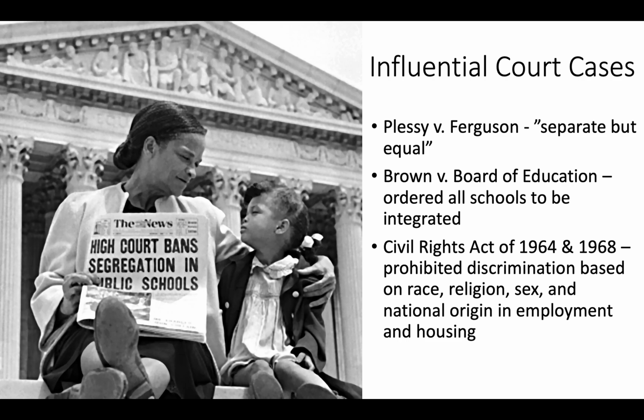So, some influential court cases. First one was Plessy versus Ferguson, which is in the late 1800s. It came down and said segregation essentially is legal as long as it's separate but equal. That talked about public transportation, trains. It was okay to separate whites from blacks as long as they had equal places. Now, let's be honest. Were they actually equal? I know I've talked about this in U.S. history, and we've probably talked about it in Law and Justice, and maybe even North Dakota Studies. When it came down to the Jim Crow laws and separate but equal, were they equal?